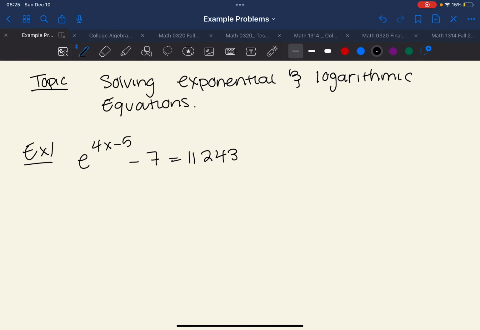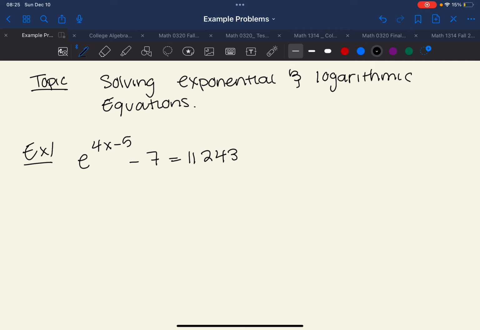In this video, we're going to look at the topic solving exponential and logarithmic equations, and we're going to go through 3 examples. So the first example we're going to go through is e to the 4x minus 5 power minus 7 is equal to 11,243. So in order to solve exponential and logarithmic equations, we need to have, in this example, our exponential by